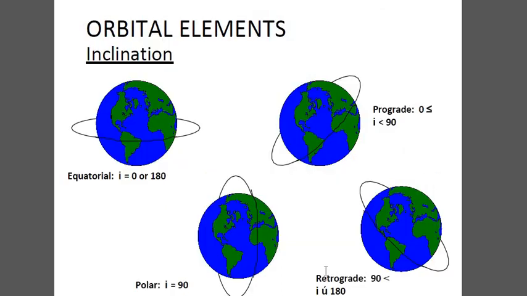It is retrograde if your inclination angle is between 90 degrees and 180 degrees. This is prograde, this is retrograde, the opposite of this one, so minus 90 degrees, something like that. So it is equatorial at 0 degrees, and I equals 90 degrees is the polar axis. From 0 to 90 degrees it is prograde, and from 90 degrees to 180 degrees it is retrograde. So this is the inclination, one of the orbital elements or the Keplerian elements.